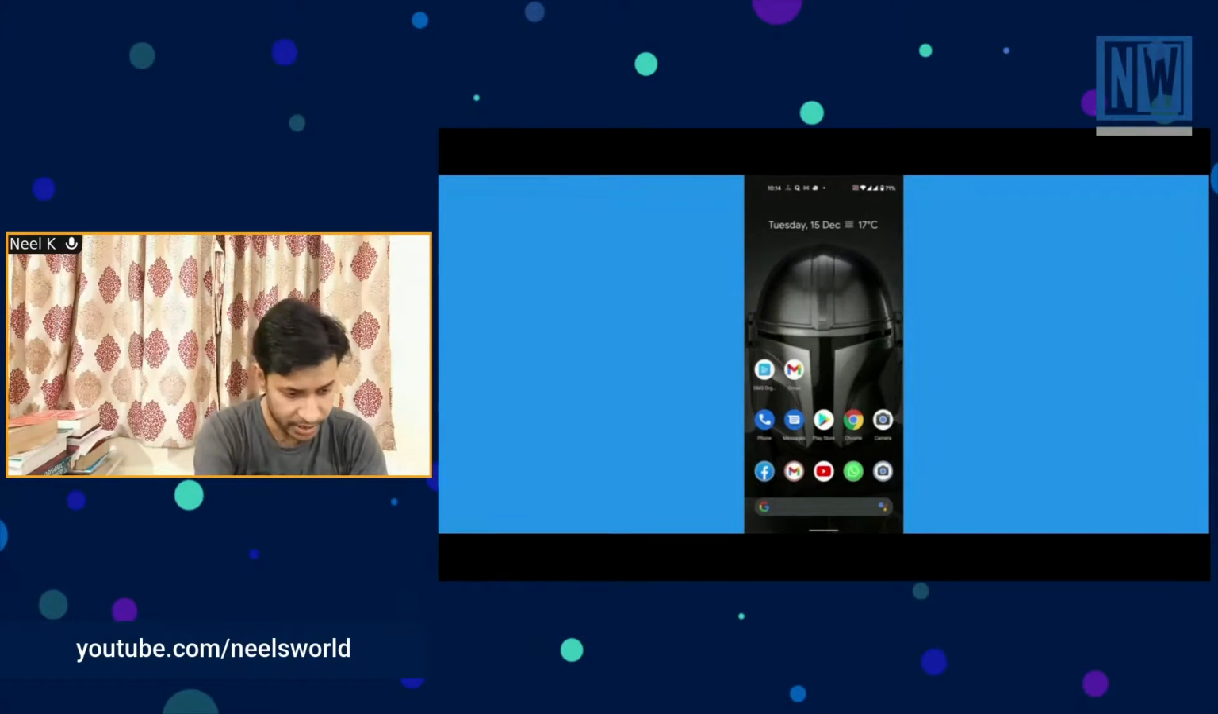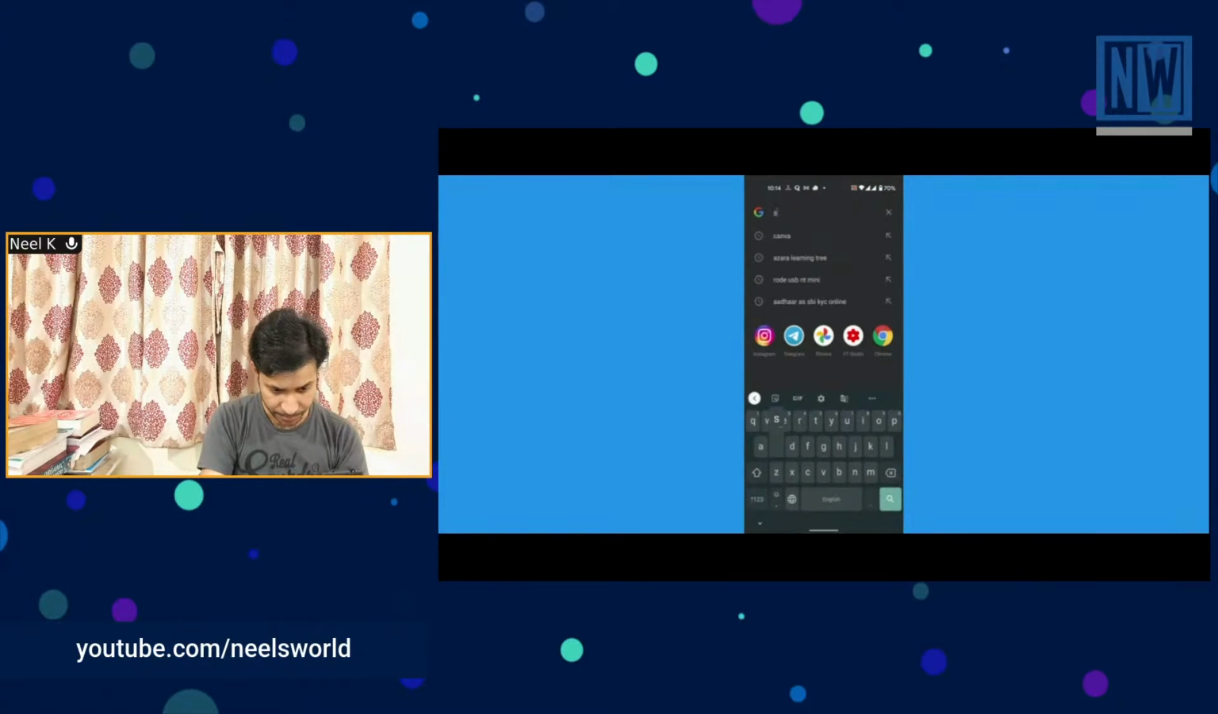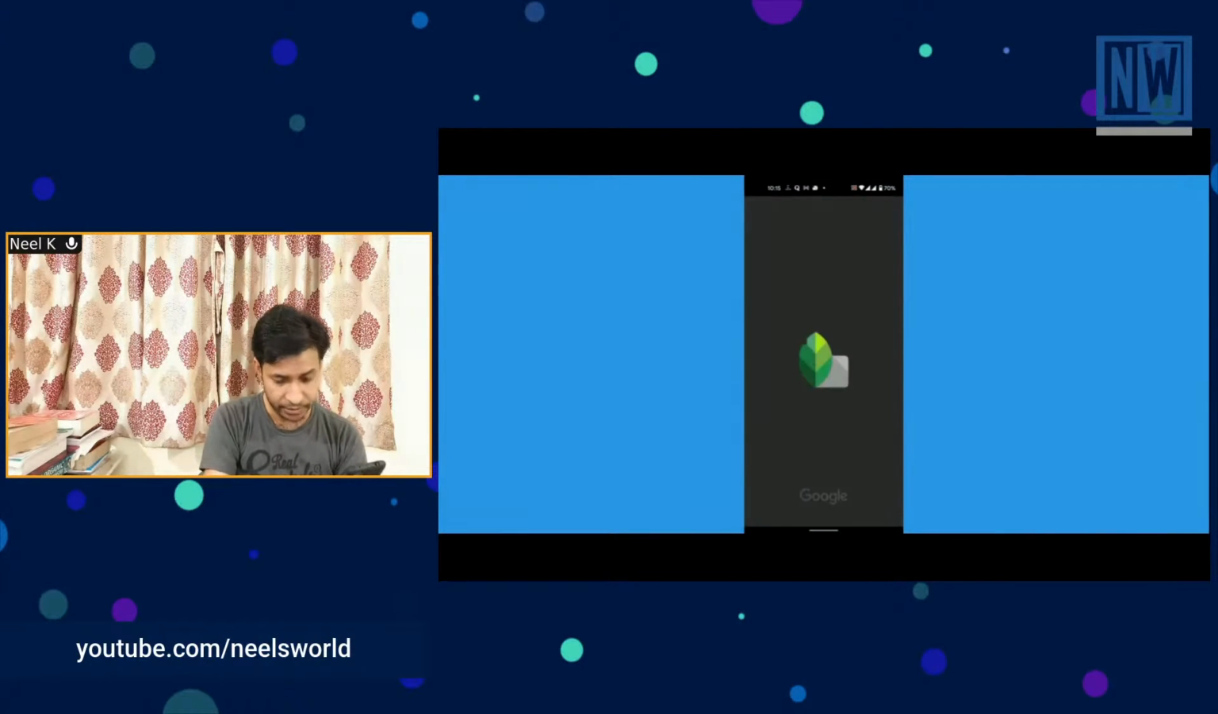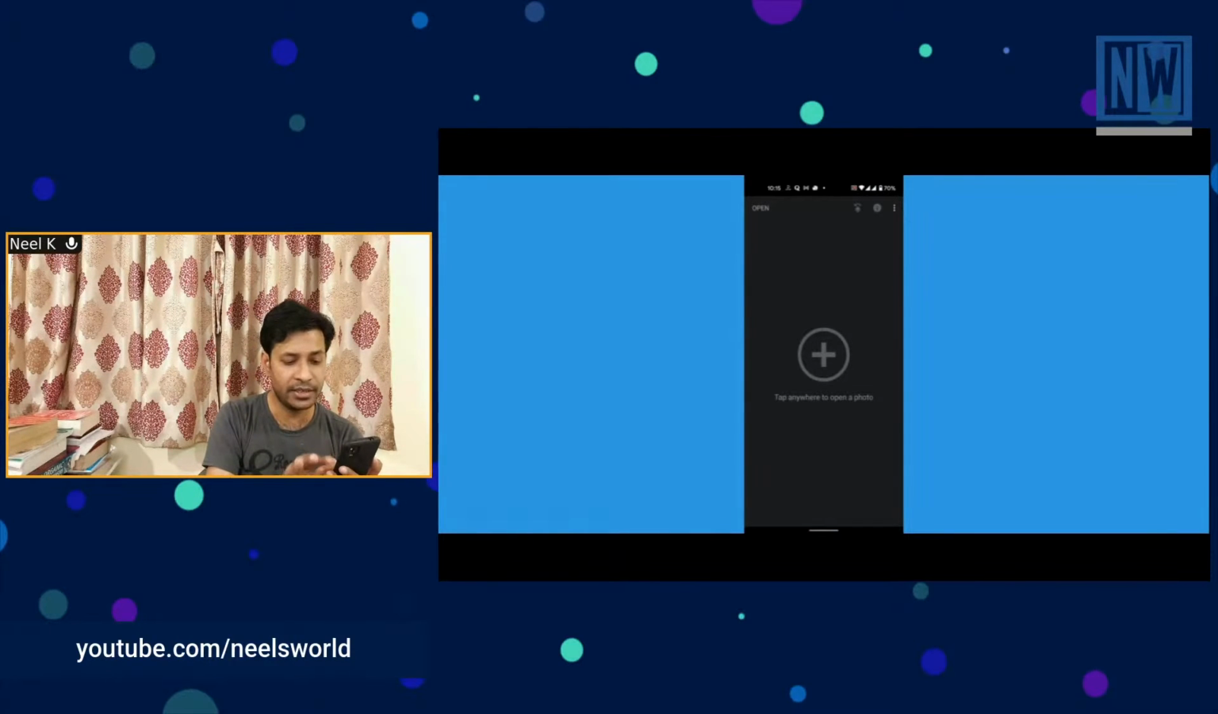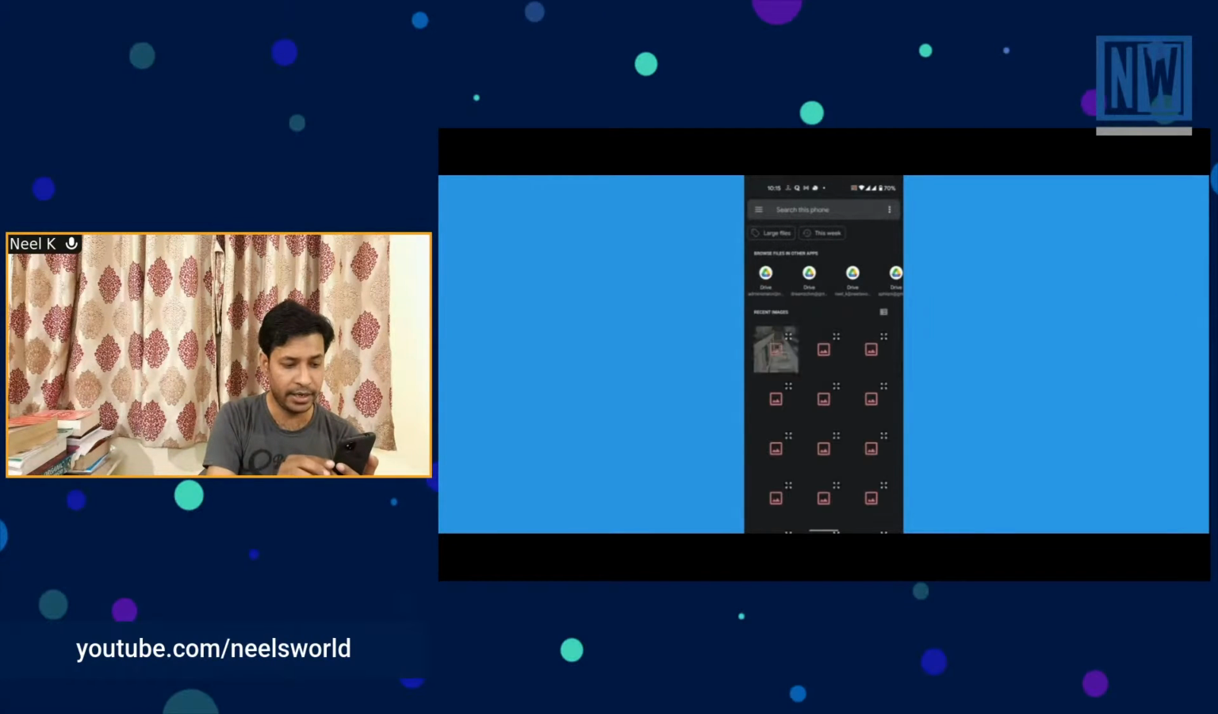Okay, the mobile screen is here. I'll just show what is Snapseed, and let me quickly search Snapseed in my phone. Okay, here it is. This is Snapseed. When you first open Snapseed, it will ask you to tap anywhere to open a photo. Just simply press on the plus icon